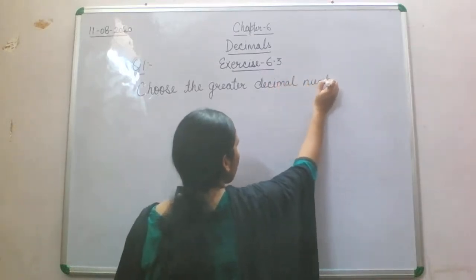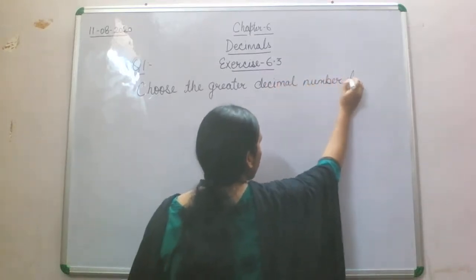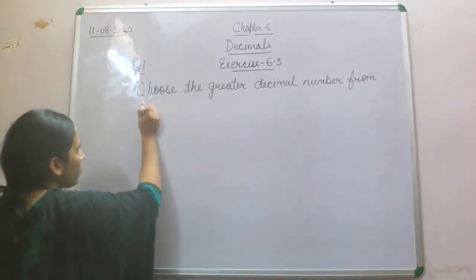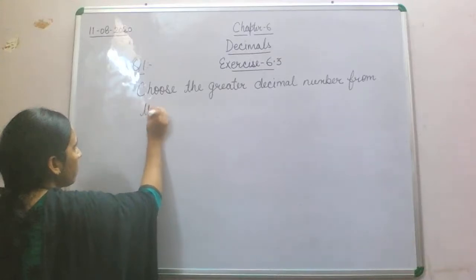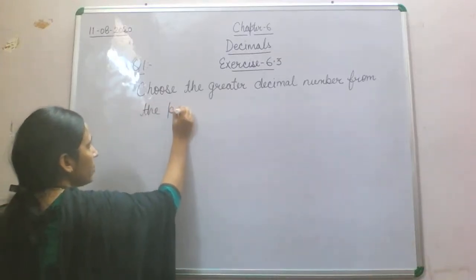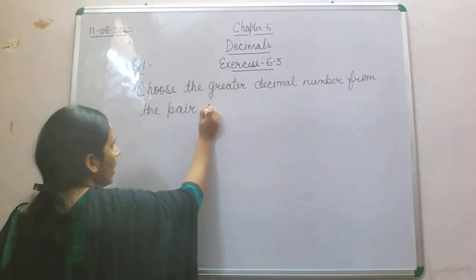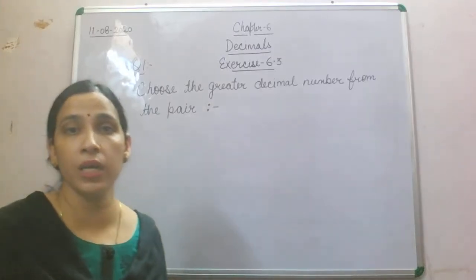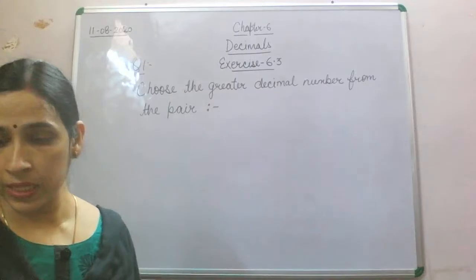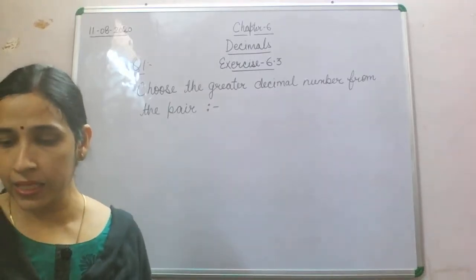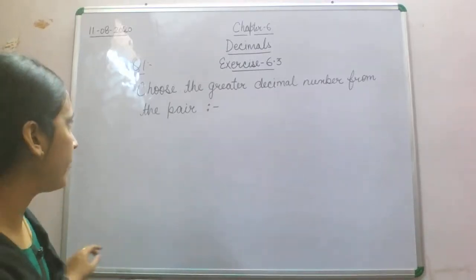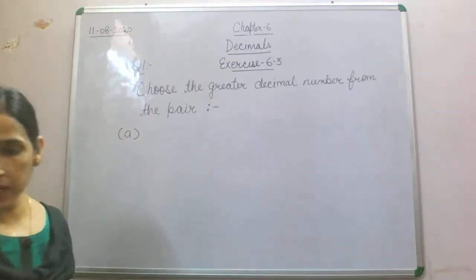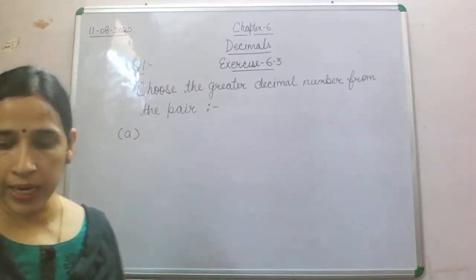You are supposed to choose the greater decimal number from the pair. Pair means 2 numbers have been given, and out of those 2 given numbers you have to choose the greater decimal number from each pair. Now we will take the A part. A part is 5.9